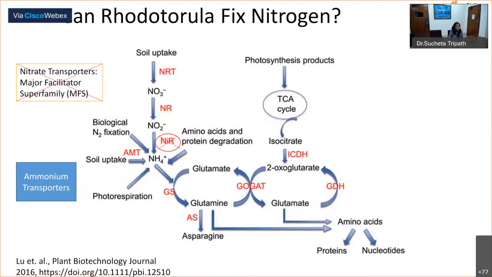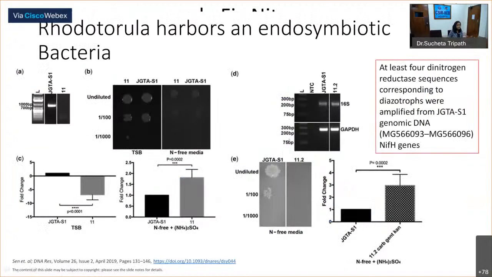And then when we studied the Rhodotorula genome, we know that Rhodotorula helps in nitrogen fixation. But then Rhodotorula doesn't contain this enzyme. So how is it possible? When this enzyme is not there, the end product is not this. And if the end product is not this, the plant cannot take it. So what is happening exactly? This led to another set of questions. That is what was taken up in Dr. Anindita's lab. And we went ahead and did further experiments, and we found that